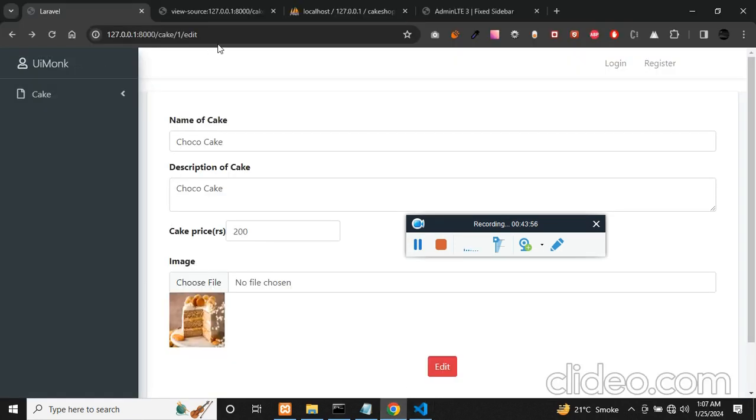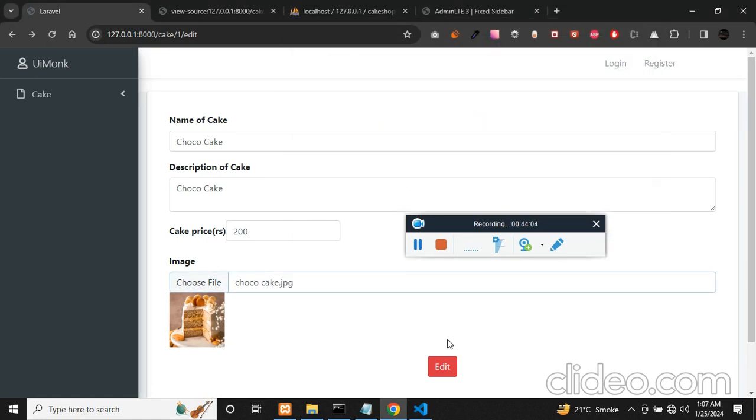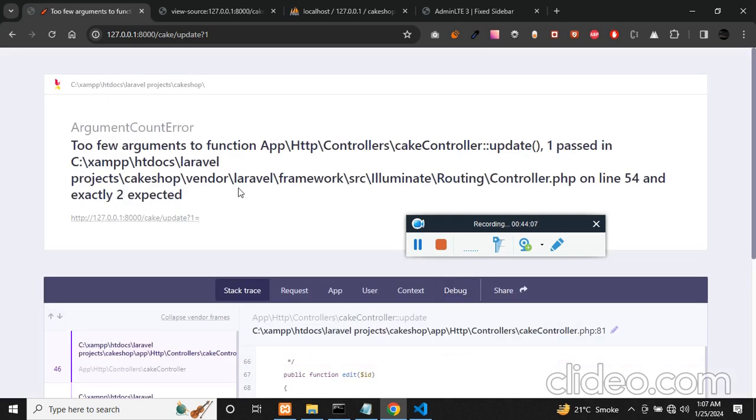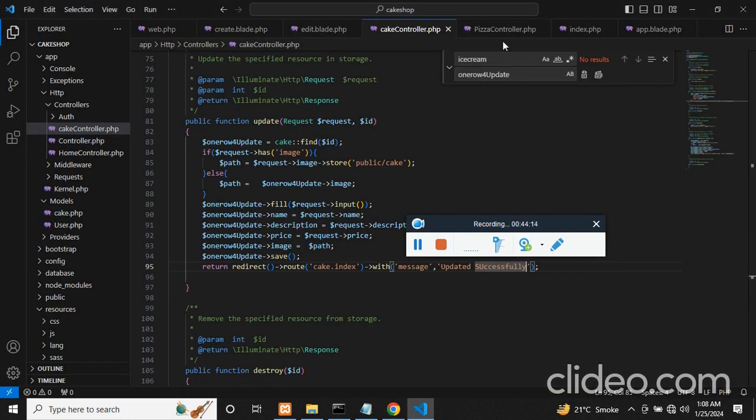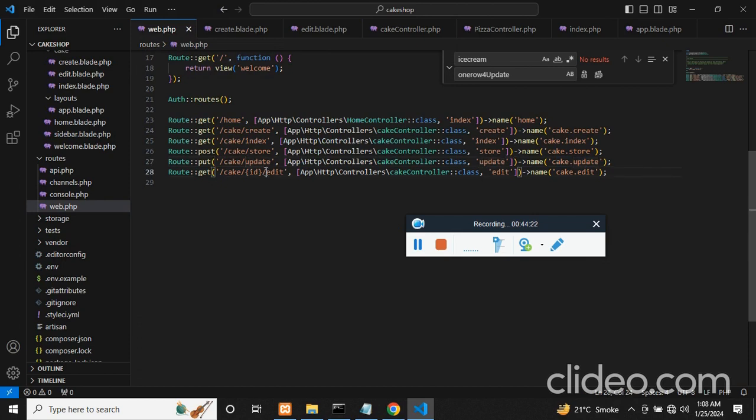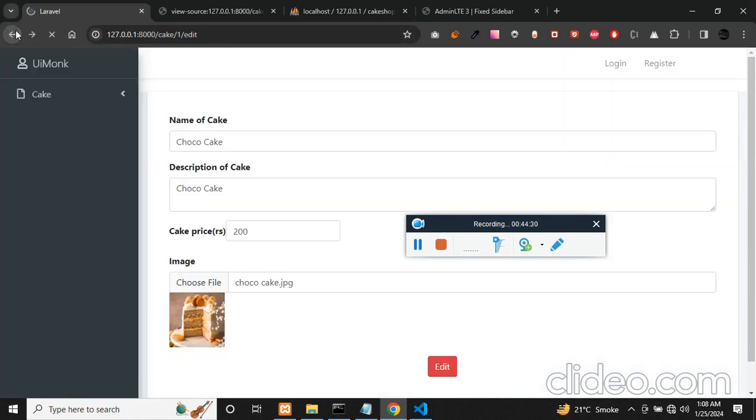And if everything works fine, refresh this. Since this is chocolate, let me just change this to chocolate and click on edit. And yes, too few arguments in the update. So I think in the update, in the web.php, we have not used the URL. Refresh this, click on edit,